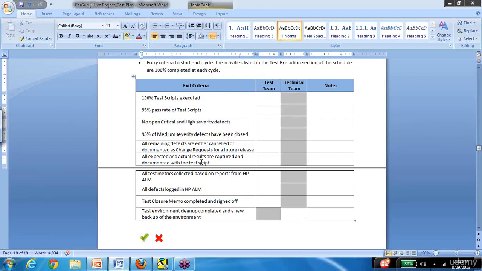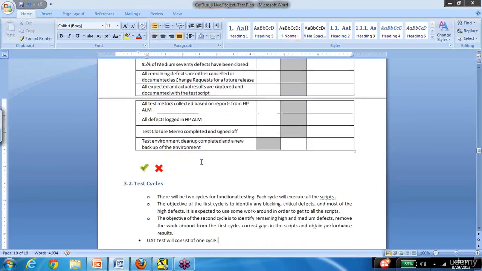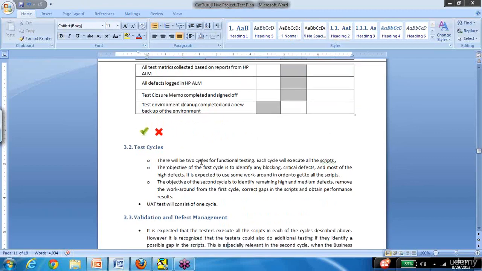You can go into as much detail as you like. I just made sure to include as many conditions as I could, so that when you have this document as your reference, you'll be able to adapt it to your situation very easily. Okay. So that is the entry and exit criteria.